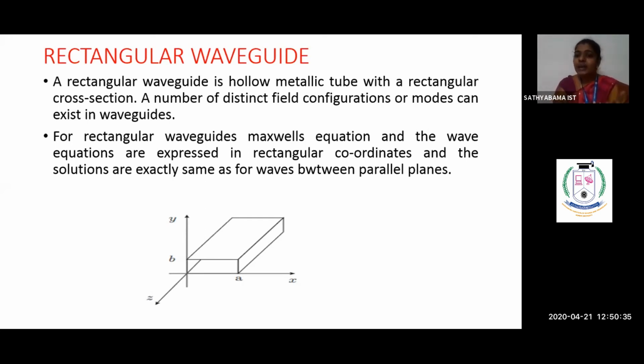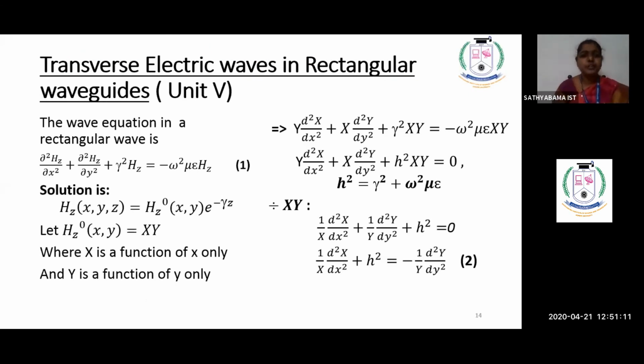Okay. So now why I am stressing and telling along x 0 to a, along y 0 to b? Why I am telling is you will be using this to write your boundary condition when you are going to solve the configuration. In your parallel plane wave, y direction there was no wall, there was no variation. So we had only two boundary conditions, x equal to 0, x equal to a. But in your rectangular waveguide, we have four boundary conditions existing. You see the diagram? X equal to 0, x equal to a. Y equal to 0, y equal to b. Understood? So four boundary conditions you will be having. So let me jump into the topic, transverse electric waves in rectangular waveguide.